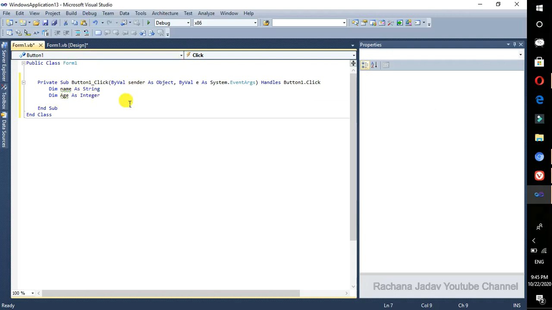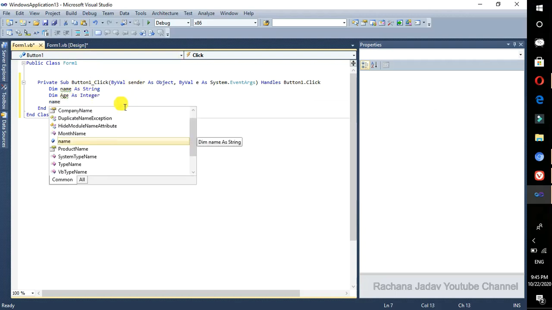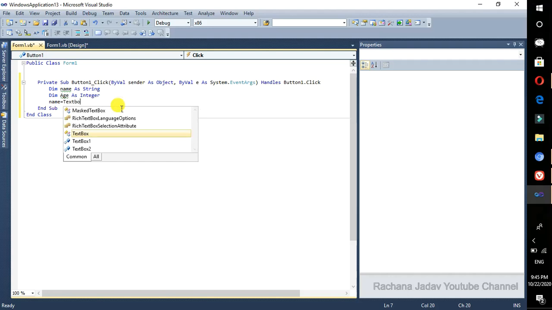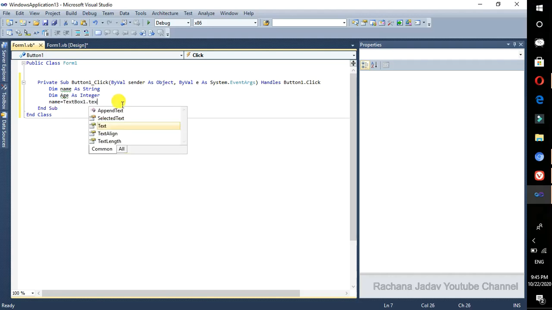Now we have written name, now the value will be accepted. Which value do we have to accept? That of text box 1 dot text.